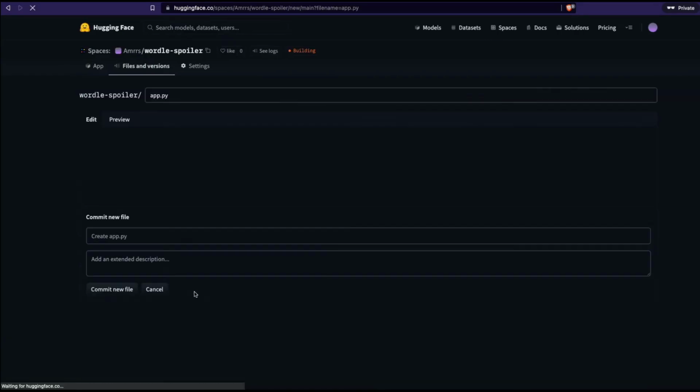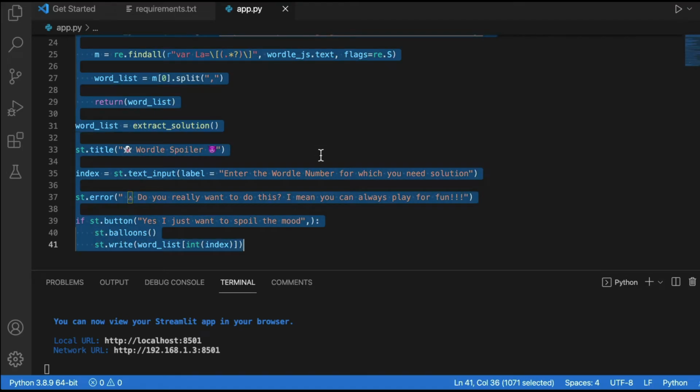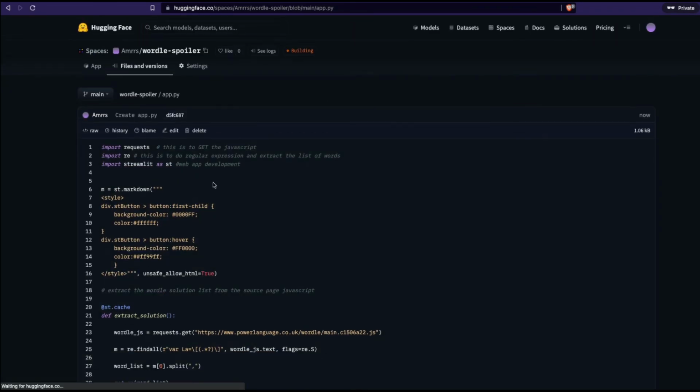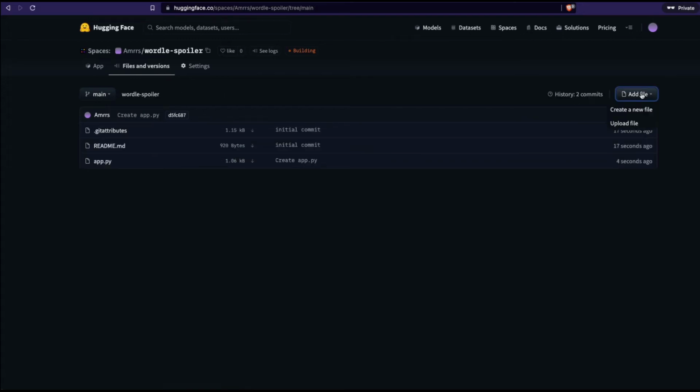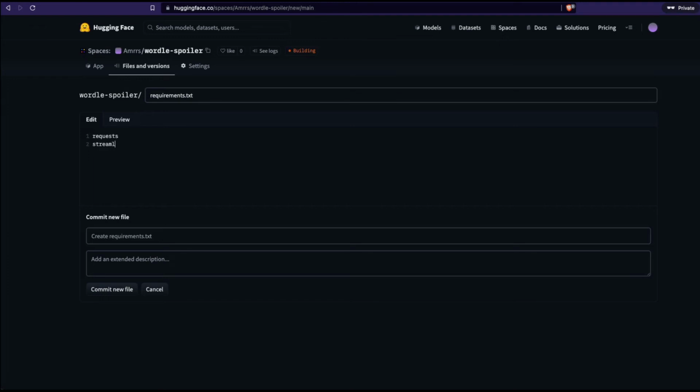So I'm going to click create app, and after I click create app, I have two options. I can copy the code, paste it here, and then save it. And then the next thing is I can create another file. So I can go back here and say add a file, create new file. I can say requirements.txt, and I can add requests. Streamlit is installed by default, so I don't have to give it, but still it's fine. Just for the sake of it, if you're deploying it somewhere else other than Hugging Face Spaces, I'm giving it.